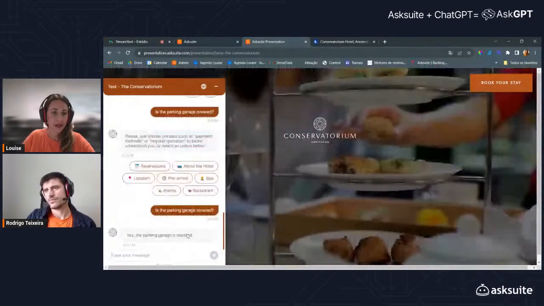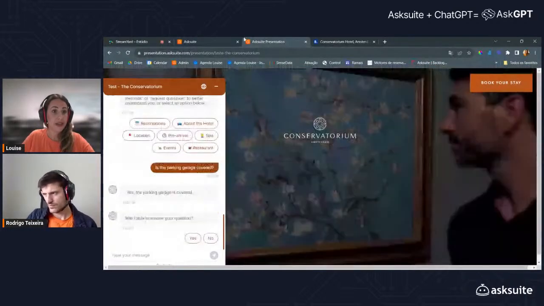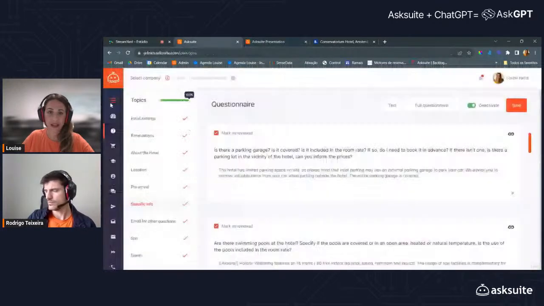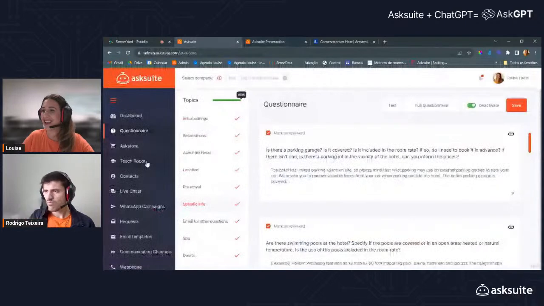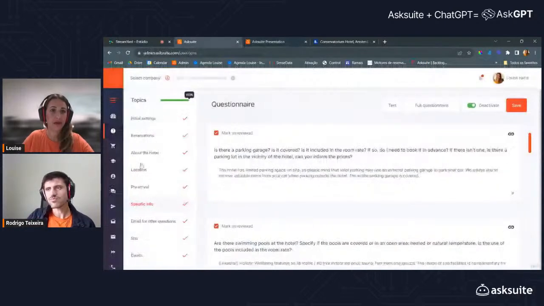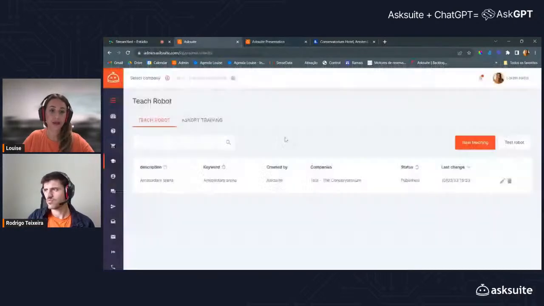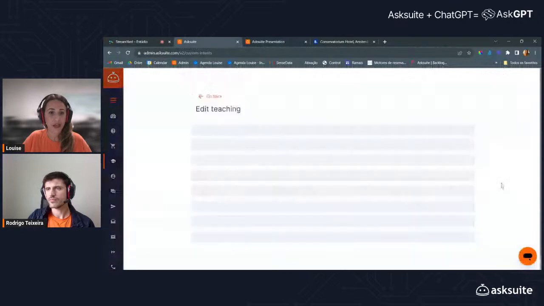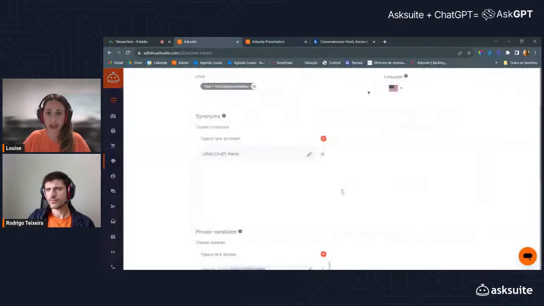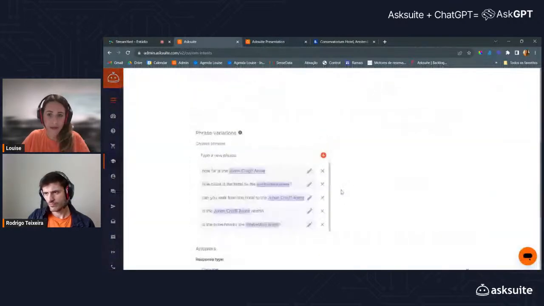The other example that I want to show you all is about the Teach Robot feature. I think it's a pretty well-known feature by all here, right? We have a training here on this test mode about the Amsterdam Arena. On this answer about the Amsterdam Arena, we have lots of info, so much info about that.